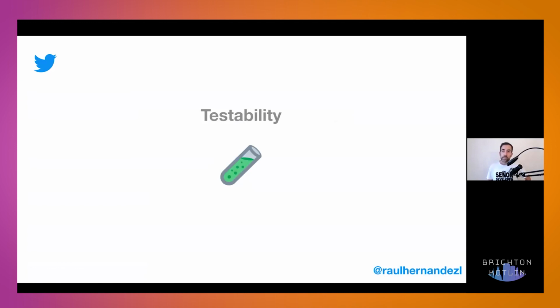Testability, because by using Compose, we are going to make sure that everything is tested. If everything is going to be immutable by default and deterministic by default, that means you can test every single layer. And when you arrive at your composables, you're going to know that everything was tested. So you can do screenshot testing for your UIs or specialized testing for your UIs, and the rest should be properly tested if you want to.